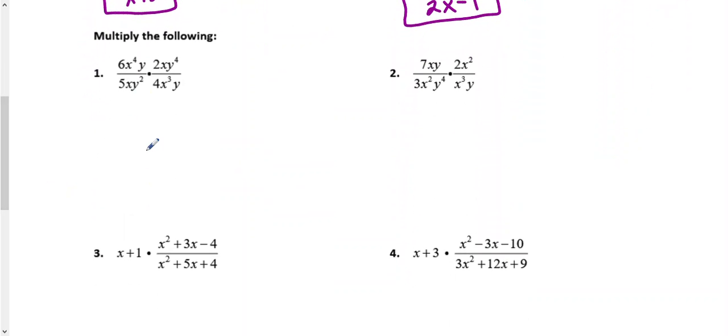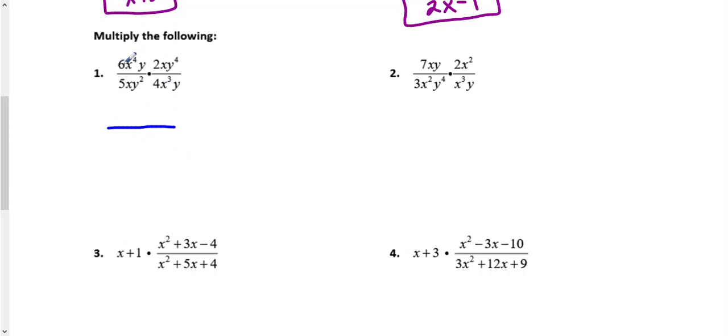Now we're getting into multiplying them. So these first two, notice that there are no plus or minus signs. So we're going to multiply them and simplify them a different way than what we do with 3 and 4. So when we have no plus or minus signs, we can actually just multiply straight across like we do with fractions. So top times top,